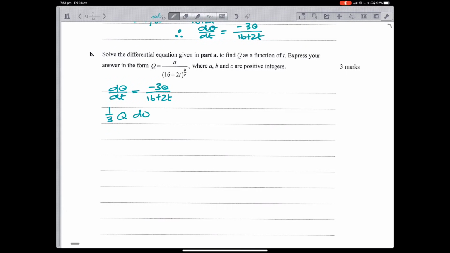1 on 3q dq. Jeez, a bit slow on a Friday night. 1 on 3q dq